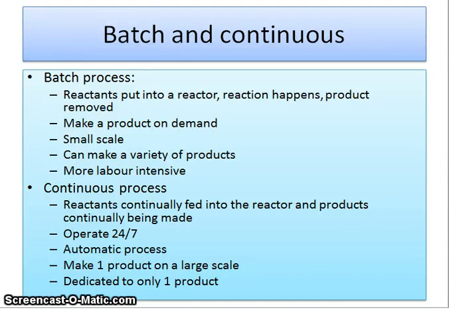Right, for this part of C3 then, we are looking at something called batch and continuous processes. Really what we're looking at here is the chemical industry and whether they make one product all the time or whether they just make a little batch of them. Okay, so if I try to put that into context, if you think about maybe, I don't know,